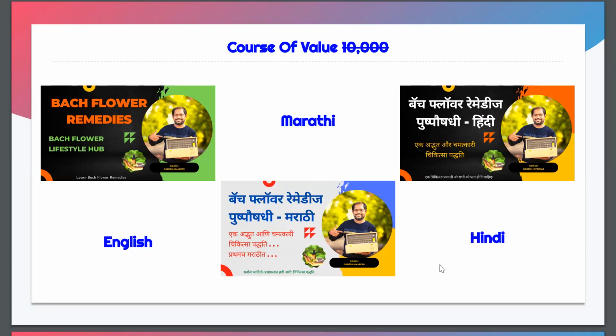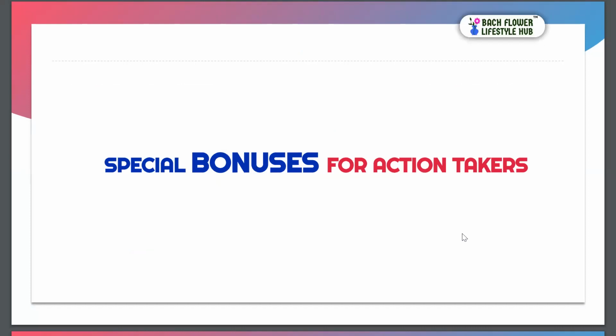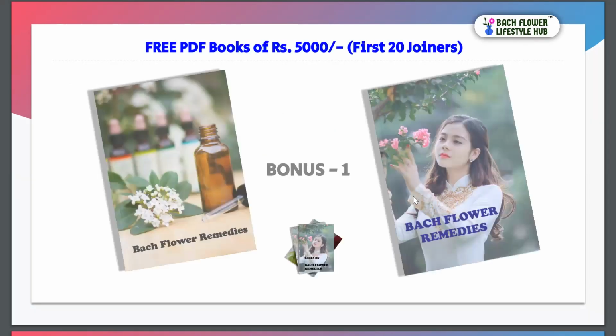Along with that, for today's session, those who are interested to learn and are real action takers who want to join this course, we have certain bonuses added to enhance the way of learning. We have 8 to 10 very important books, and around 40 to 50 books in PDF form. We have a special Telegram group. We will add you there and you can find the list of books there, so you can benefit from learning from these books.